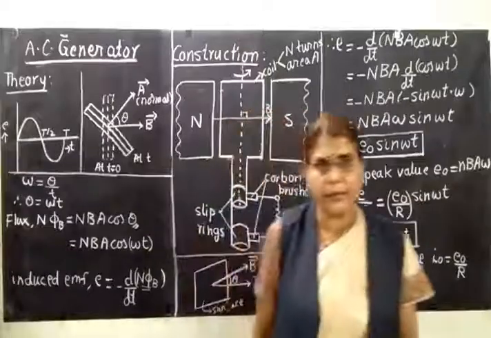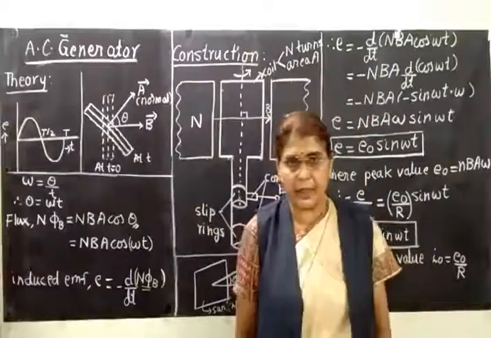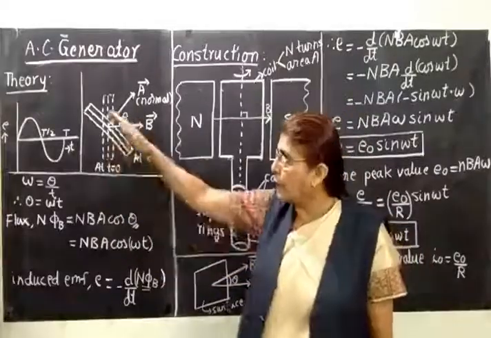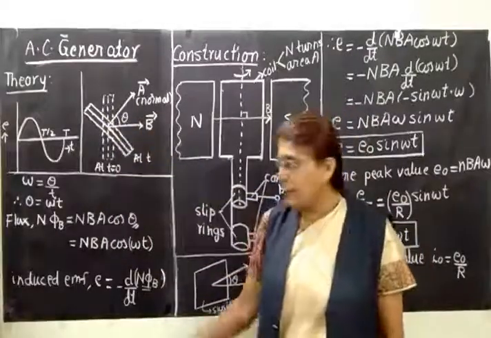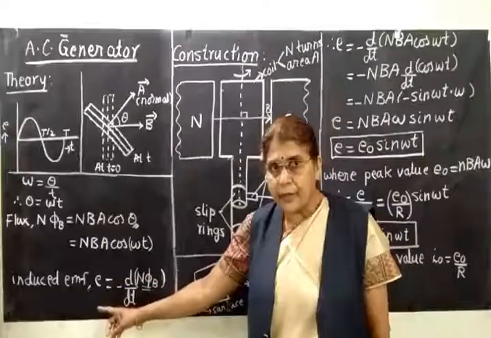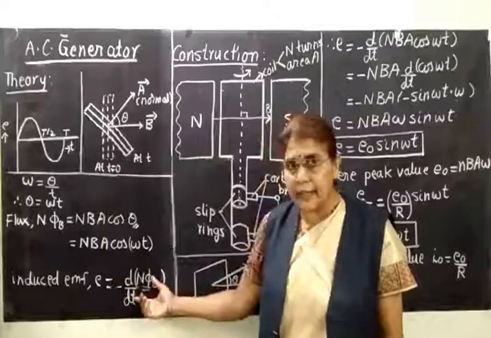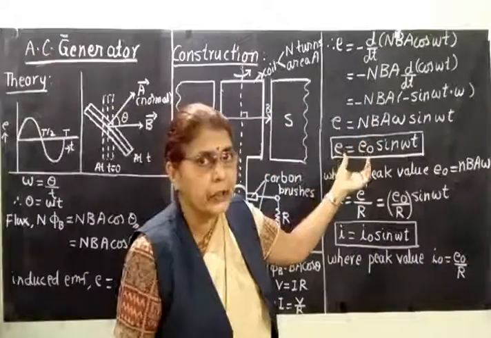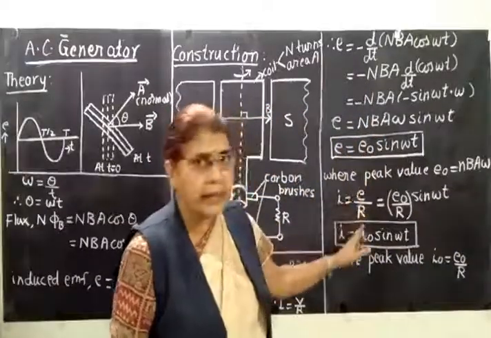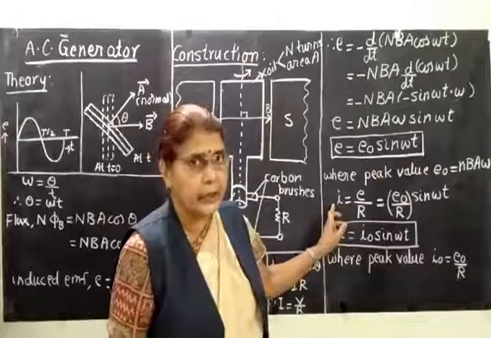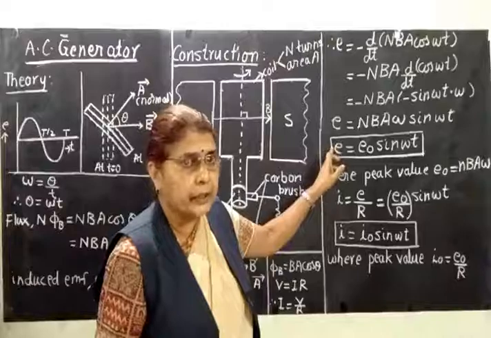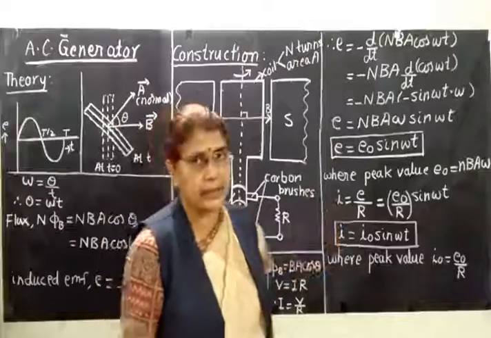So what points will you remember for the derivation? First thing is you have to find out the flux linked with the coil in the deflected position. Then find out the EMF induced in it, that is, it is given by the rate of change of flux. Put the value of flux and simplify. You will get induced EMF. Induced EMF divided by the resistance gives you the induced current. So two expressions are there, one for induced EMF, another for induced current.